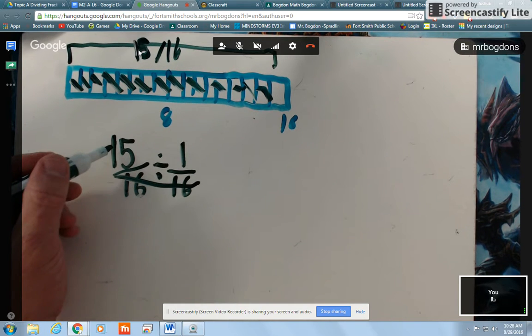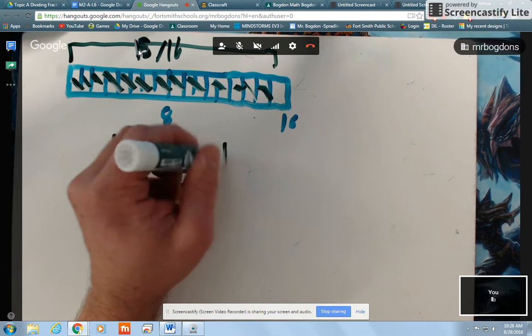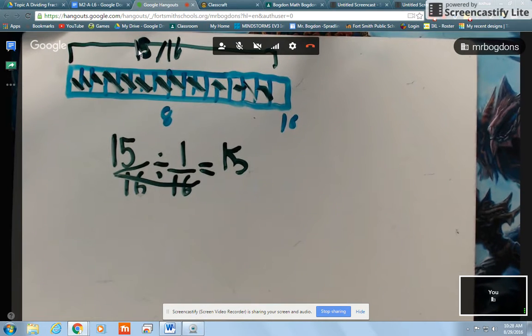So now I'm just left with 15 divided by 1. What is 15 divided by 1? 15. And that's a shortcut that you guys really need to become proficient with, because it'll save you plenty of